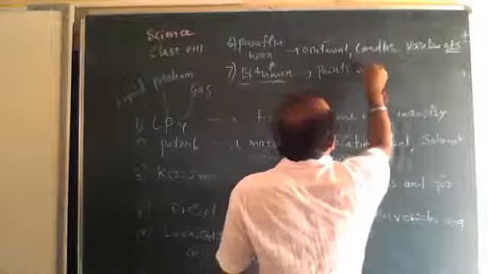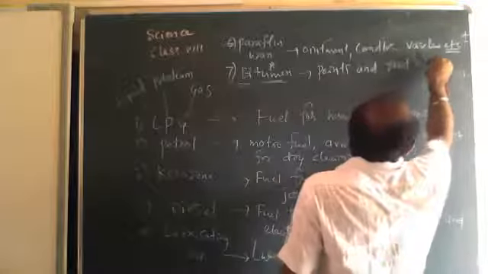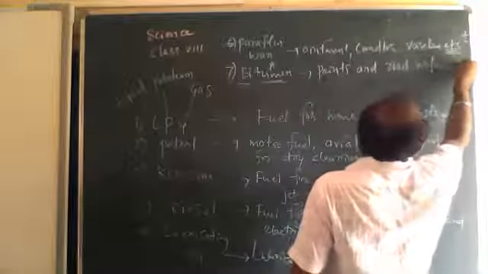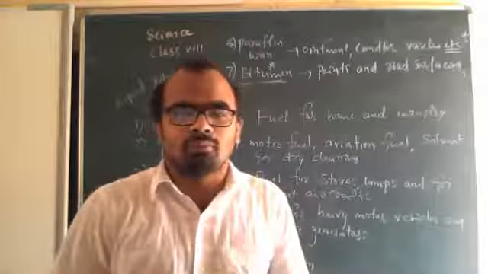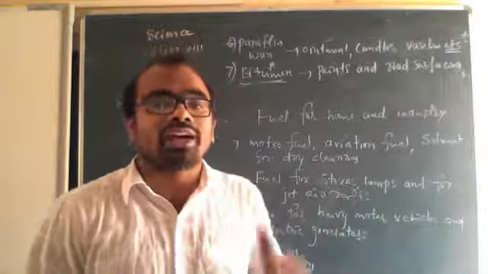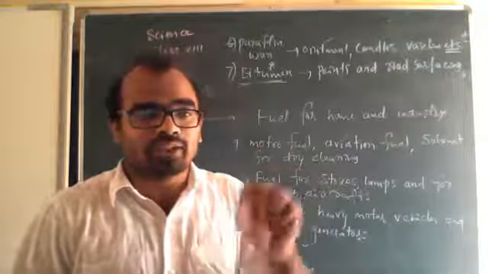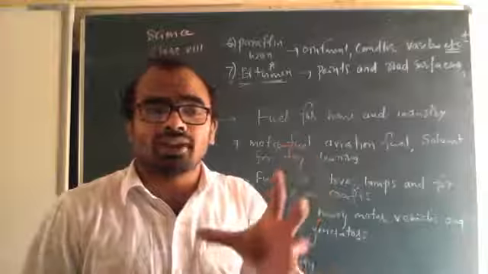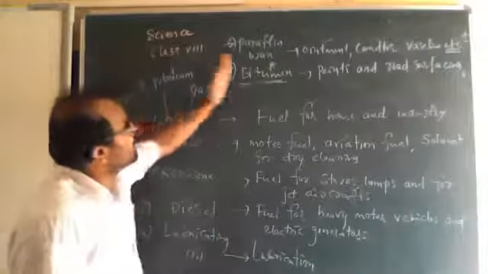See, bitumen is one of the byproducts of petroleum, and it is used in both paints and road surfacing. So road surfacing, when they are making a road ready, they lay tar on the road surface. In that road surfacing, this bitumen is used, and in paints, the big paints used to paint a house, in those paints also bitumen is used. This is one of the petroleum products.